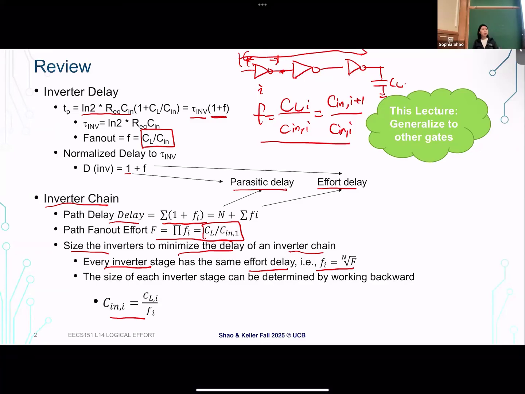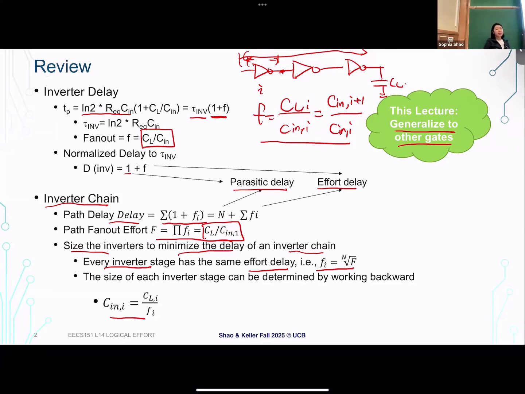Right, so this is basically how we start from IC analysis. We understand the delay of a single gate, and then we can expand it to the delay of a chain of gates. And again, so far it's only inverters to think about how we actually minimize the delay. So in today's lecture, we're going to talk about how we can generalize the step-by-step optimization we did, so that it doesn't only apply to the inverter, but also to other complex gates